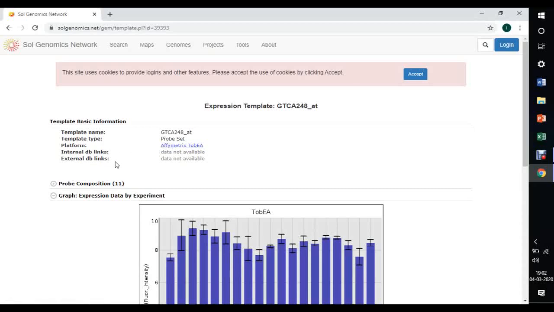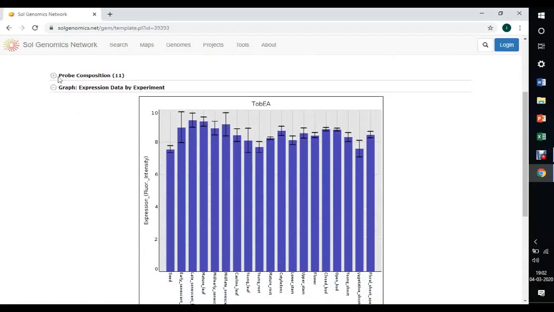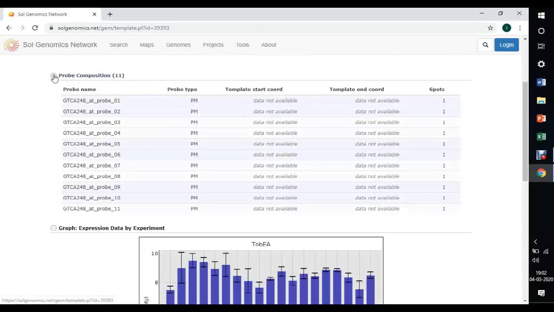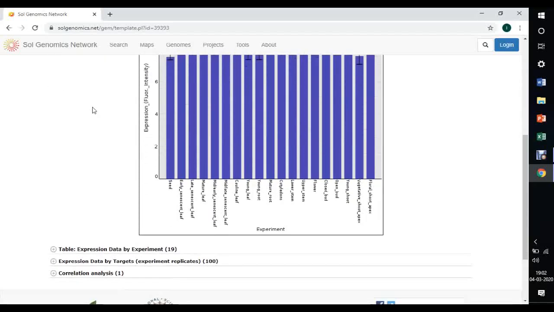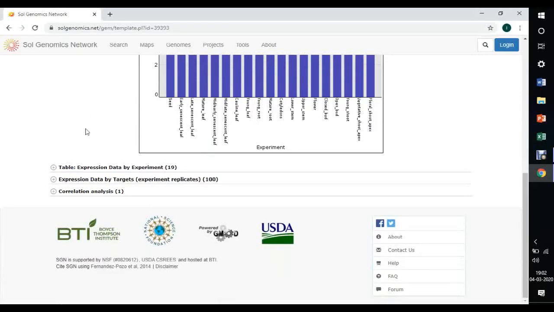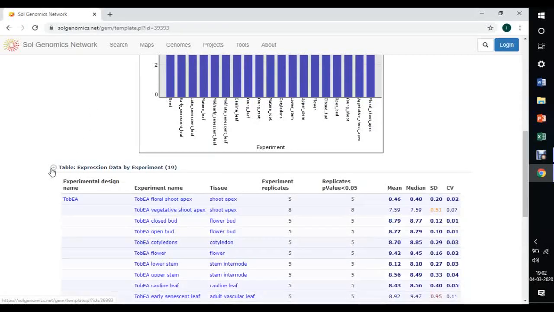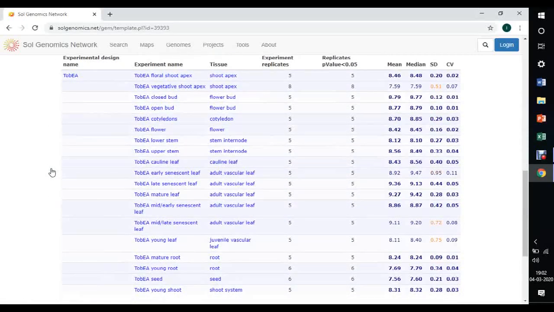And in the probe composition, you can see other details like probe name, probe type, template start codon, and there is a graphical view of expression data of that template, and a table of expression data by experiment, in which you can see experimental design name and experiment name, tissue in which it is expressed, experiment replicates, and other statistical parameters.